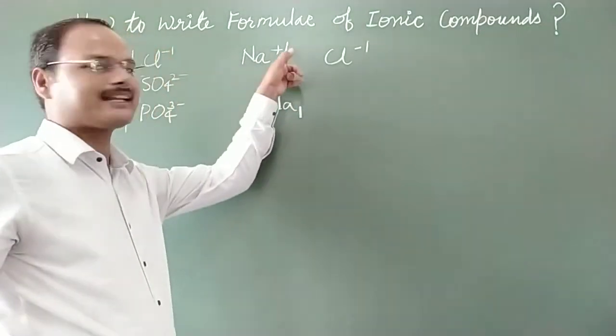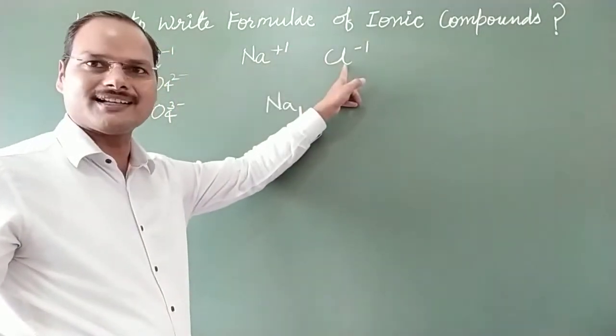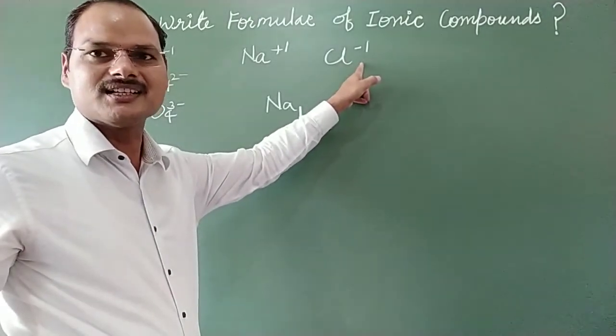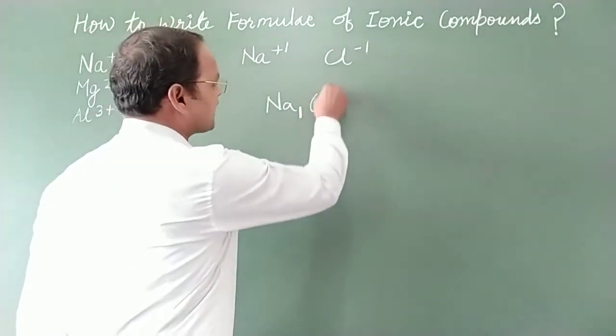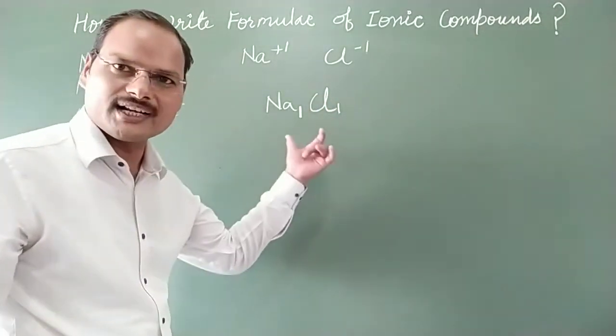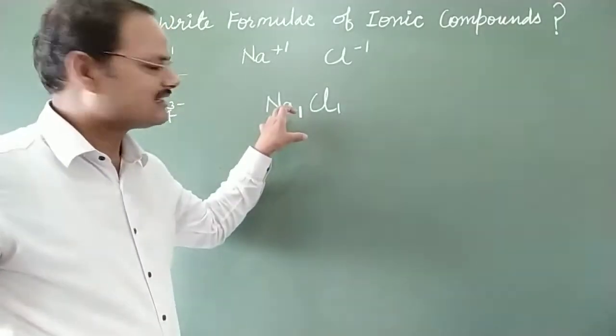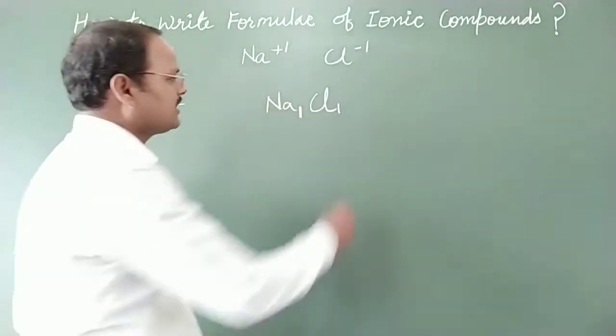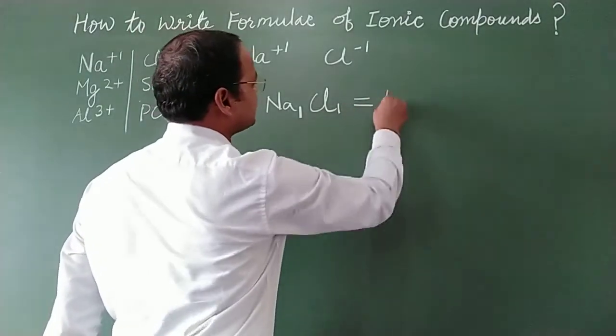In the same way, carry this value towards this ion, and we have to write this value 1 towards the right side as a subscript, so that we will get here Na1Cl1. Here 1 can be ignored, 1 should not be written in this formula,